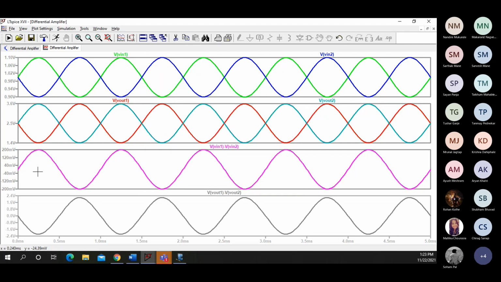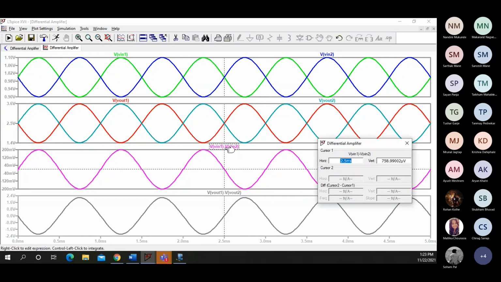Now if you look at the trace here, you will get the signal amplitudes. If you carefully move the plot here, this is going to be around 200 millivolts, and this is going to be minus 200. So the peak to peak swing is going to be around 400 millivolts. And if you look at V out, the maximum voltage is 2.1 and here it is around minus 2.1, so 4.2 volts.